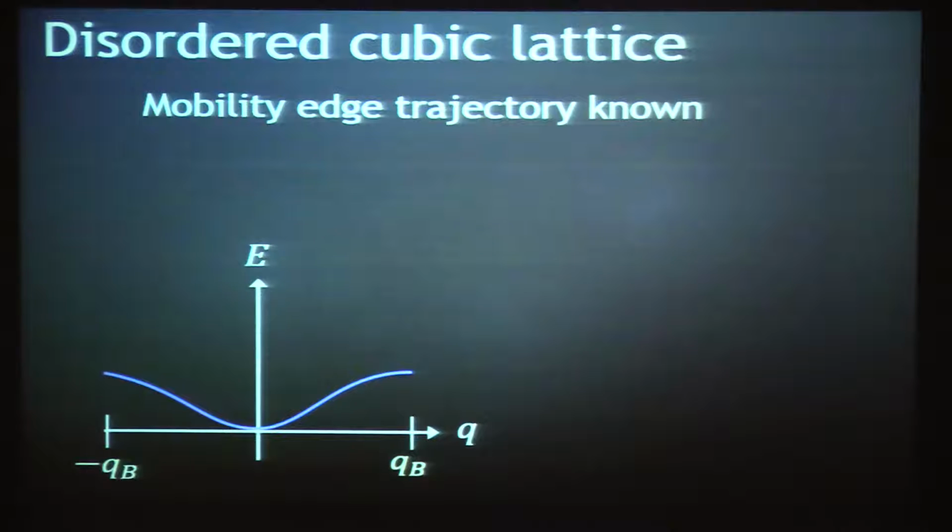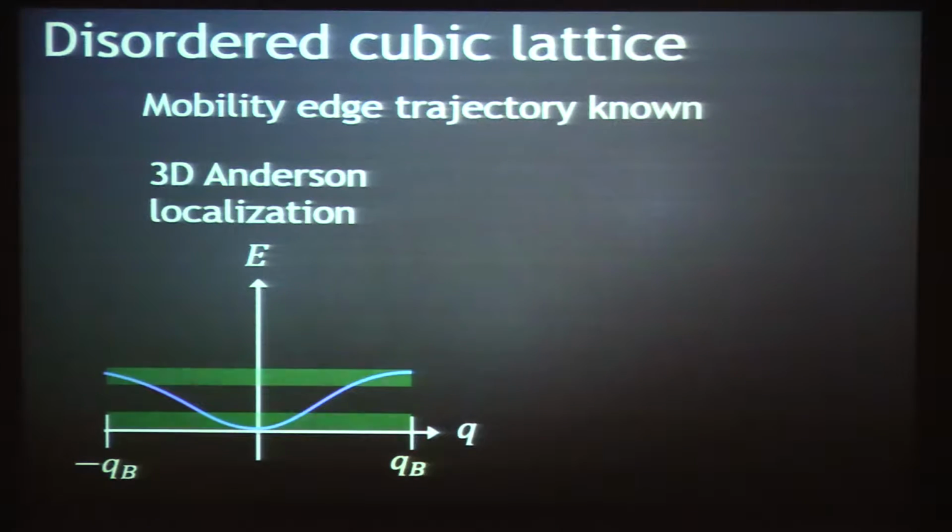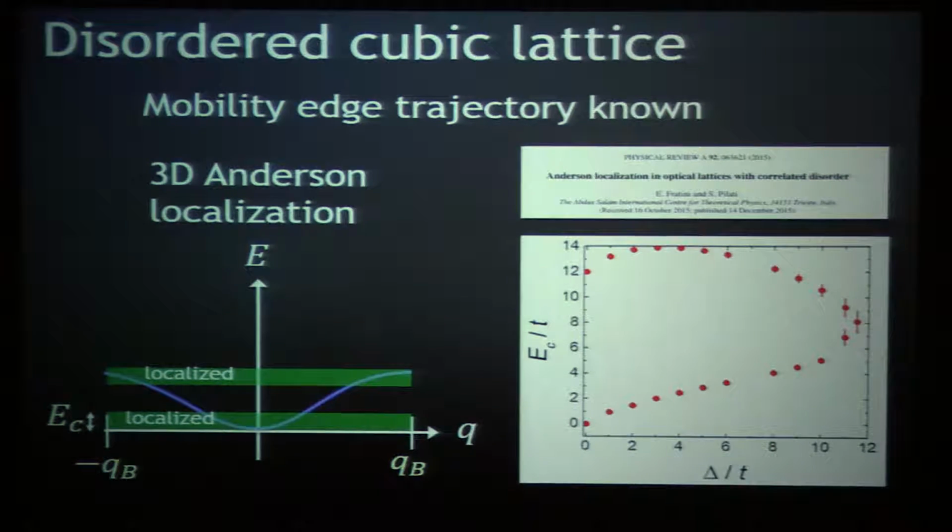Something which hasn't come up yet is a mobility edge. And I'll mention this tomorrow, I'm sure Vadim will talk about this too. In 3D disordered systems, there is something called a mobility edge. It's an energy scale that separates localized from unlocalized states. And now we know this mobility edge for single particles in this 3D disordered lattice. What happens is you turn on disorder, localized states creep in from the top and bottom of the band. And Sebastiano Pallotti has calculated this now, and this is where the mobility edge is for different disorder strengths for the single particle problem. So this is also sort of known now for these 3D disordered lattices, and the details here aren't very important, but there's the paper and the reference if you want to learn more about it.